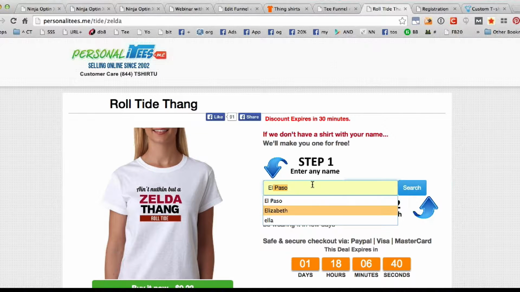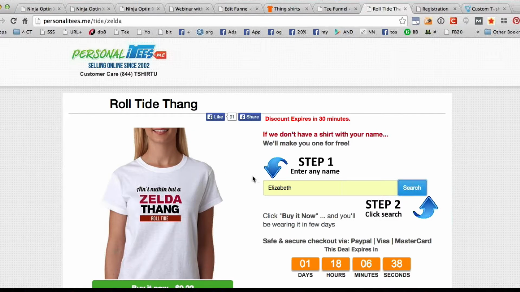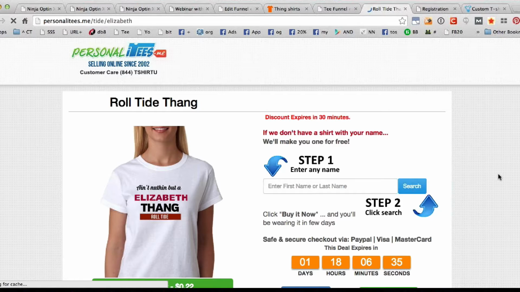So let's put in Elizabeth, which is obviously a lot longer than Zelda. And if I pop in Elizabeth, you'll see that it resizes, so it still fits on the shirt within the design, and it's still something that would print pretty straightforward. So anyway,